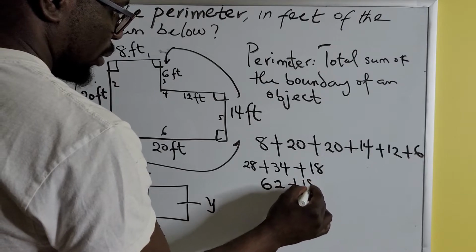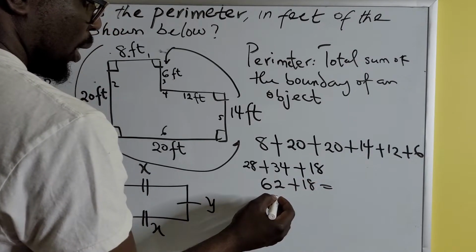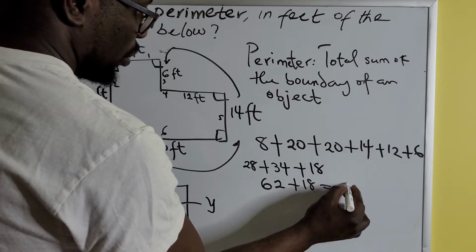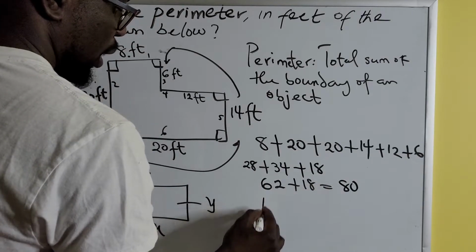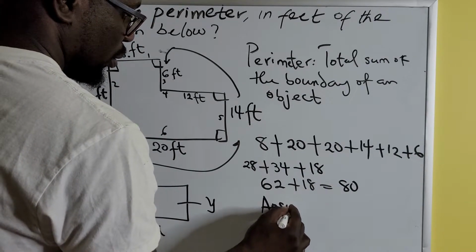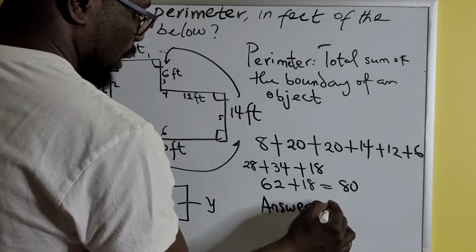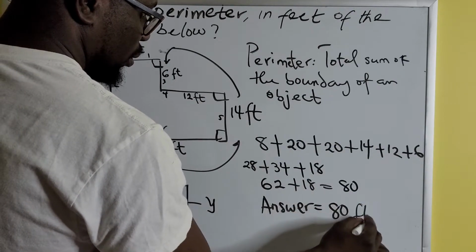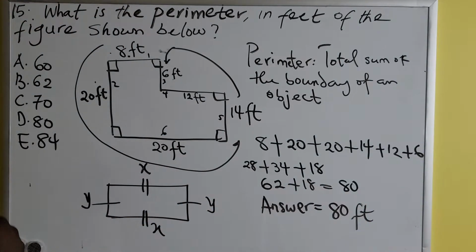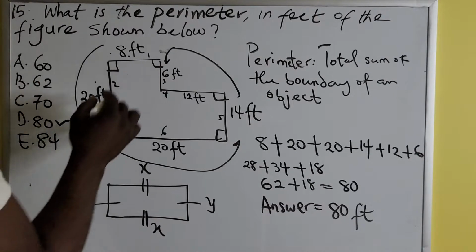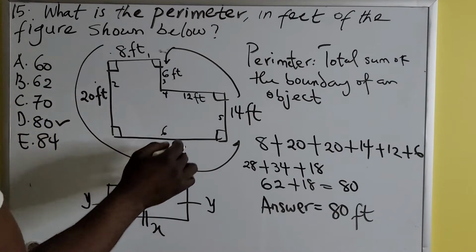62 plus 18. So we add this together, 62 plus 18 will give you 80. So your answer is 80 feet, which is option D. If you had made a mistake and just added all this together, you would have gotten